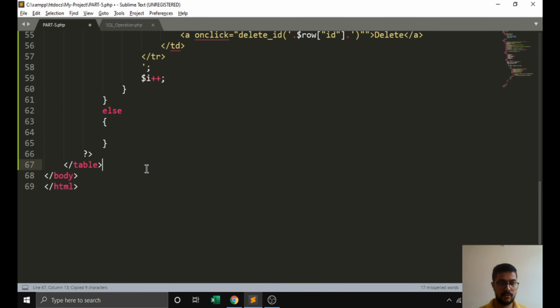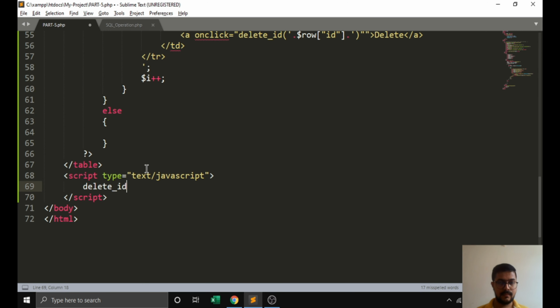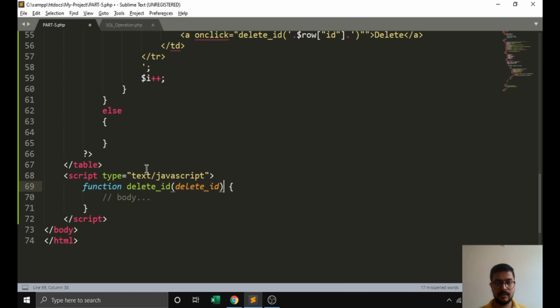For that, after the table script tag, we need a function delete id. In the body part we create one variable, like r is equal to confirm.